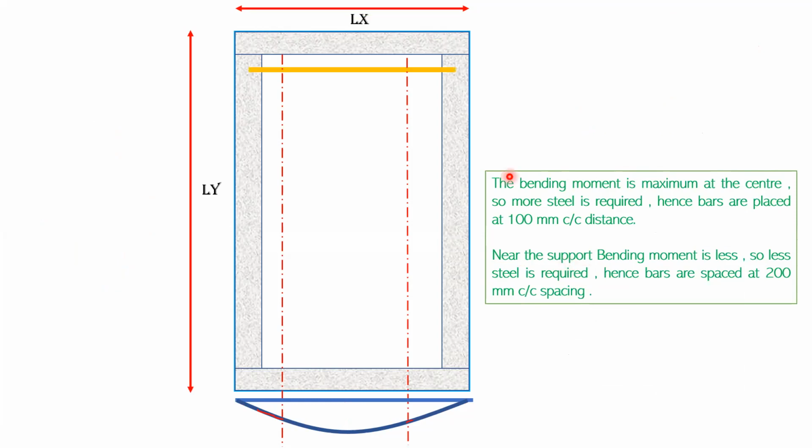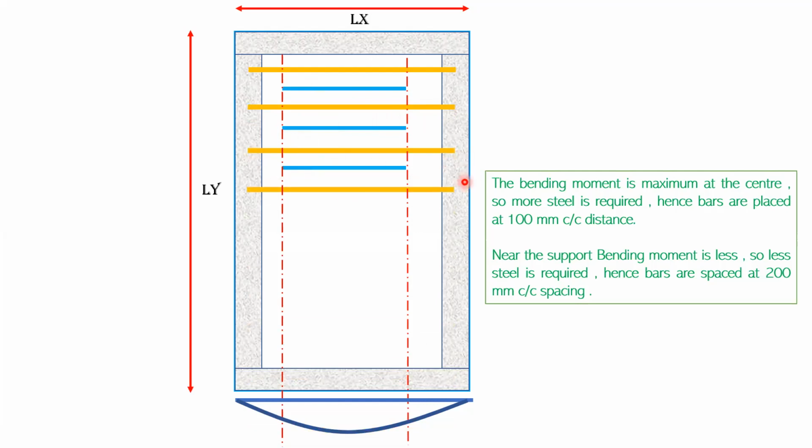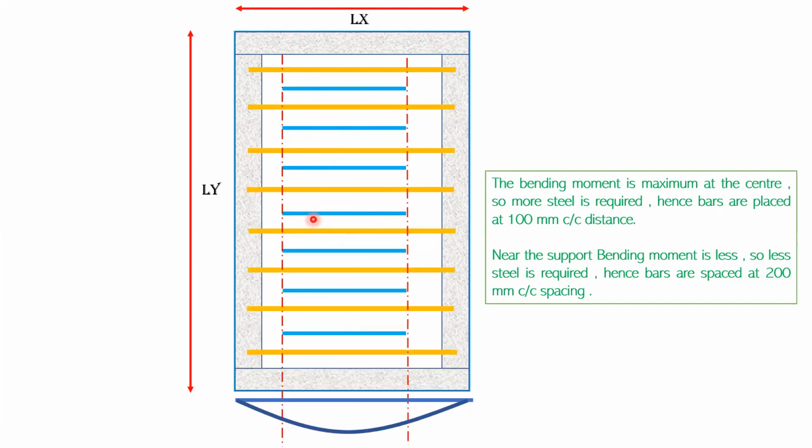So again, the bar will be placed in the shorter direction. Along the shorter direction we have to place the bar. So this first bar I'm placing along the shorter direction. The next bar I'm not going to take full. I'm just going to stop it up to this distance. That is the cutoff point, this red color. I'm going to stop my bar only up to this distance. Again the next bar will go full. Again the next bar will stop up to this distance. Again this will go full, again half. Again this bar will go full throughout. Again this bar will stop at this point. Again the same thing will continue till we reach here, right? So this is how the bar is put.